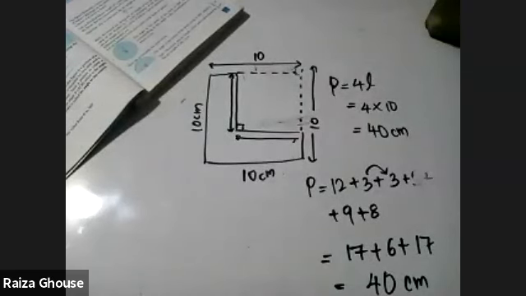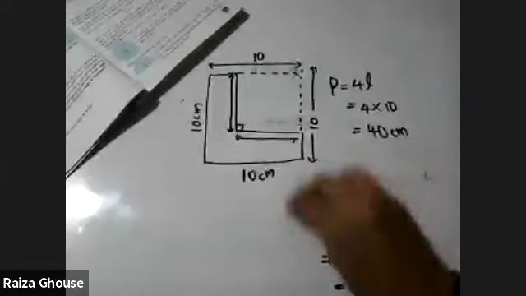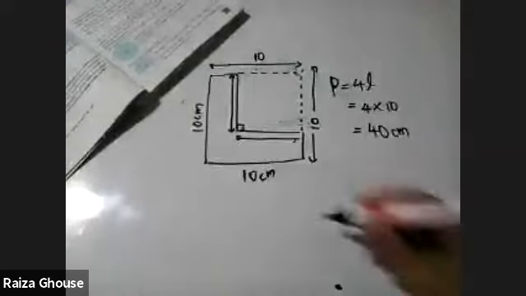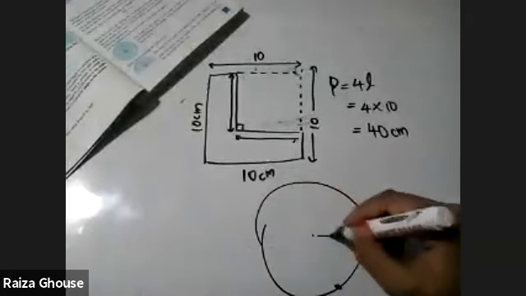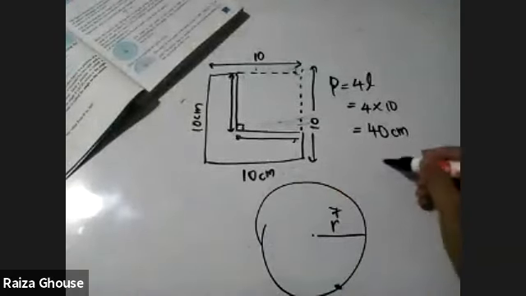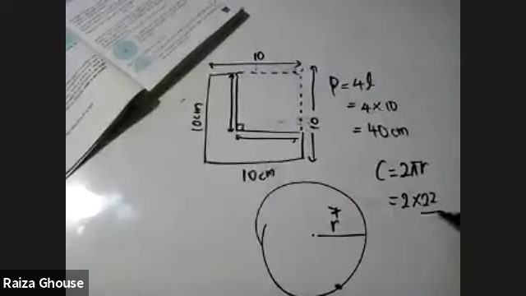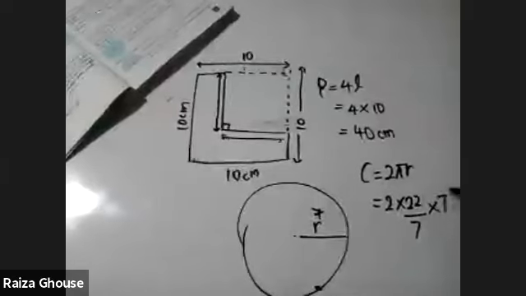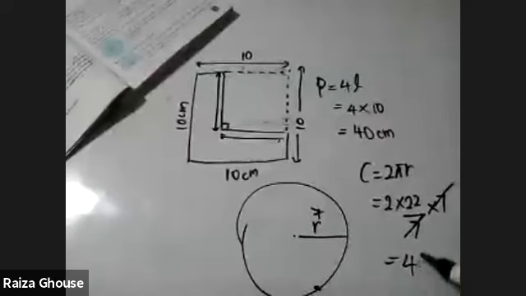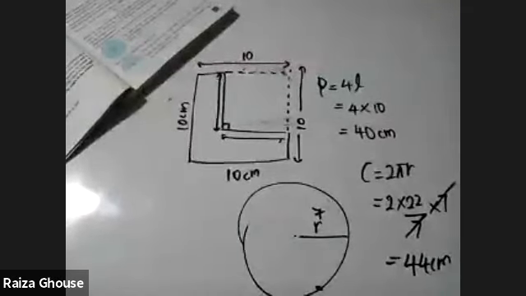Now let's go to Roman number 6. It's a circle, children. Now you have to use the equation C equals pi r or pi d. What equation did you all use? They have given the radius 7 centimeter. 2 pi r. Yes, very good. You have to use 2 pi r. Here, radius is equal to 7 they have given. C equals 2 pi r. So 2 into 22 over 7 into 7. See here, 7, 7 cancel. Answer is 44 centimeters.